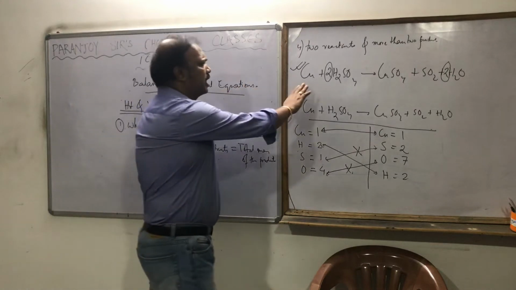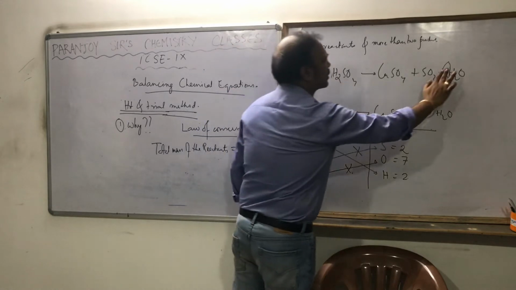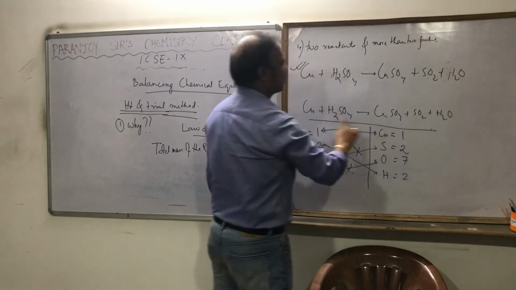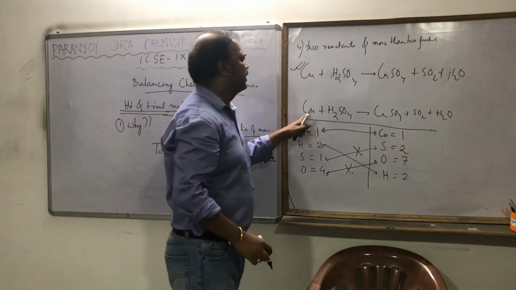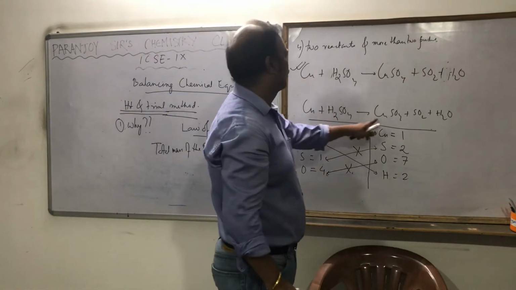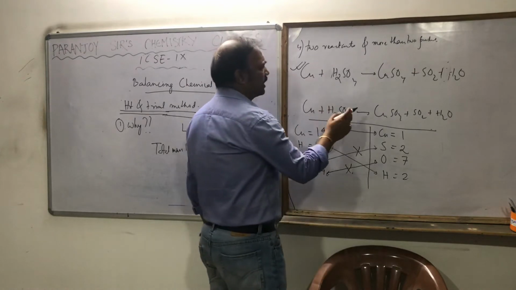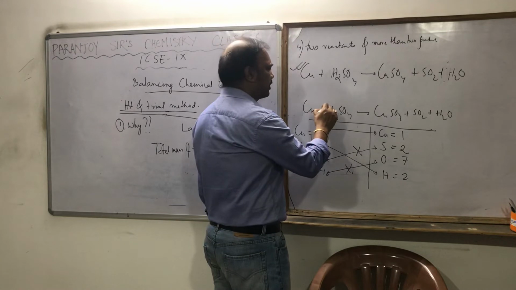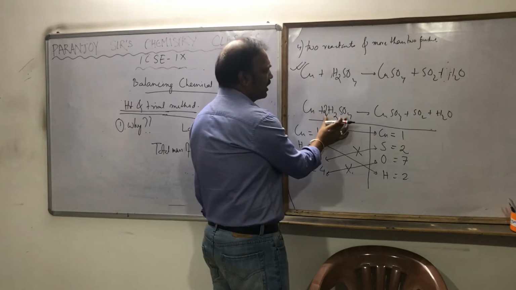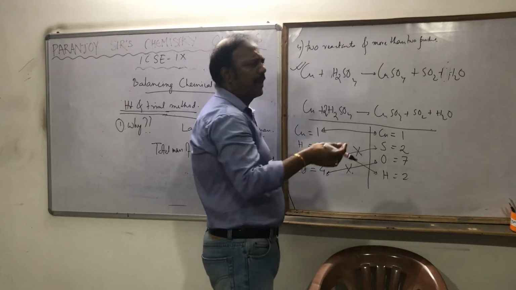Simple one. So here you see, what did I do? Here we don't know this. We don't know this. But we know that this is the equation. Now we have to balance it. See, here Cu is balanced already, so we are not going to touch Cu. Here, how many oxygens are there? 4 oxygens are there. Obviously we have to increase the number of oxygen. So we have to multiply this by 2. If we multiply this by 2, it is becoming how much? 8. This is the trial and error method, you have to practice, but that's all.